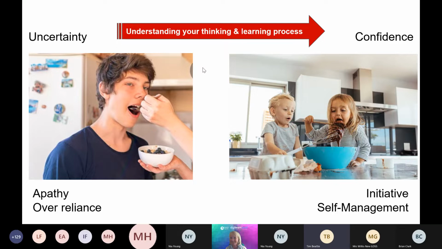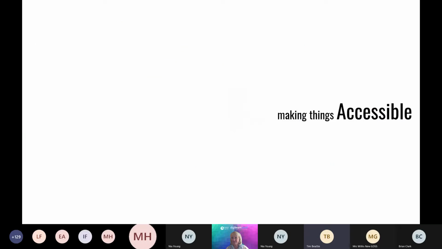They're showing a wee bit more initiative, and they are self-managing. And I just love that picture of those two. I have a 3-year-old, a 5-year-old, and a 7-year-old, and what they do with a bowl of chocolate when they get let loose on it is mad. But they've got their own spoon, and they're going for it, and they're confident, and they're showing their own initiative. So for me, as I say, the big thing when we're thinking about planning, monitoring, evaluating as well is making